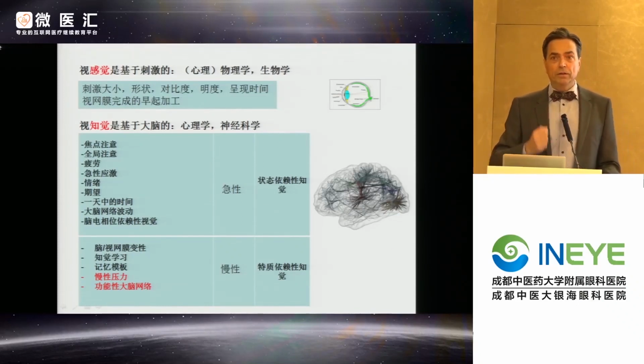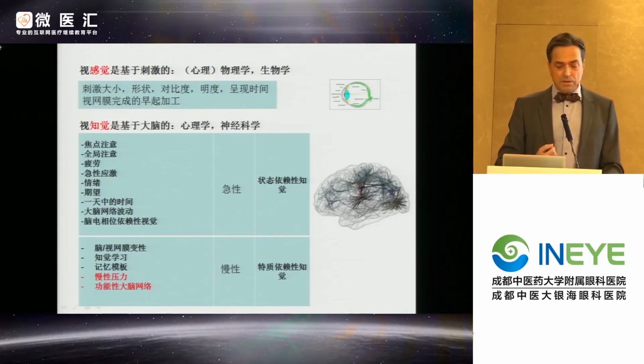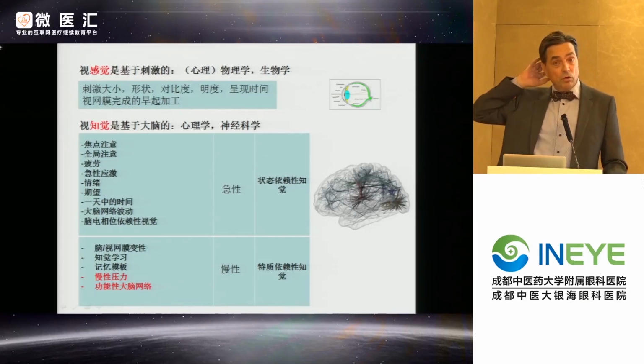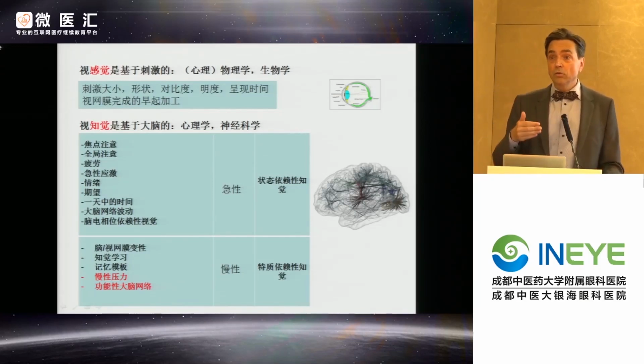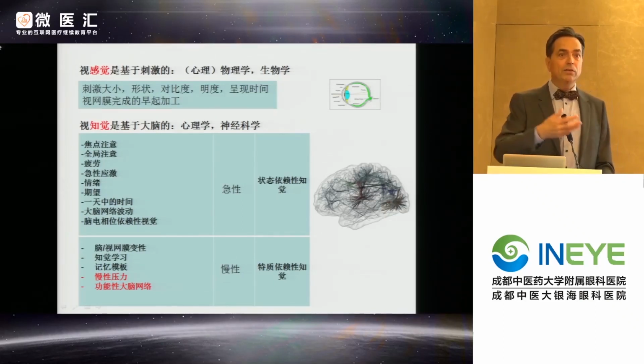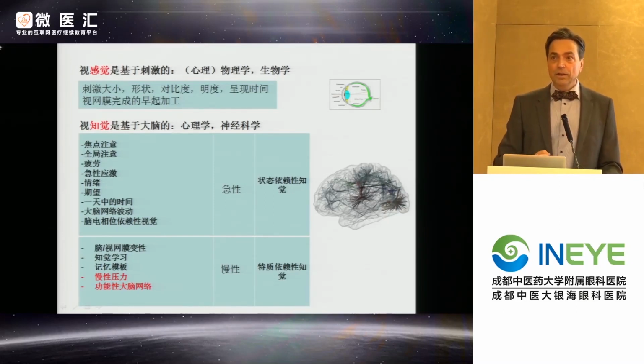And there are chronic influences. Chronic influences of the brain are the degenerative state, for example, of the visual centers, like visual cortex, the lateral geniculate nucleus, which also degenerate, for example, in glaucoma. So even though we know glaucoma as a disease of the eye, it really is a disease of the eye and the brain.